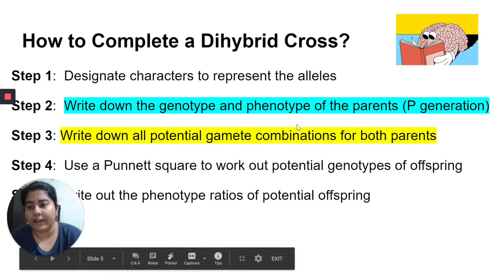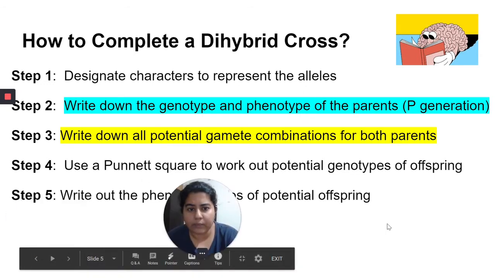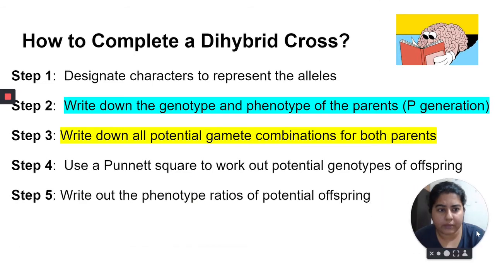These 5 steps. I will slightly move my camera icon here so that you can look at all the 5 steps. So first step is you are studying dihybrid cross. That means you're talking about 2 different genes. So the 2 different genes will have their own alleles. Remember to designate capital letter to the dominant allele, small letter to the recessive one for each gene.